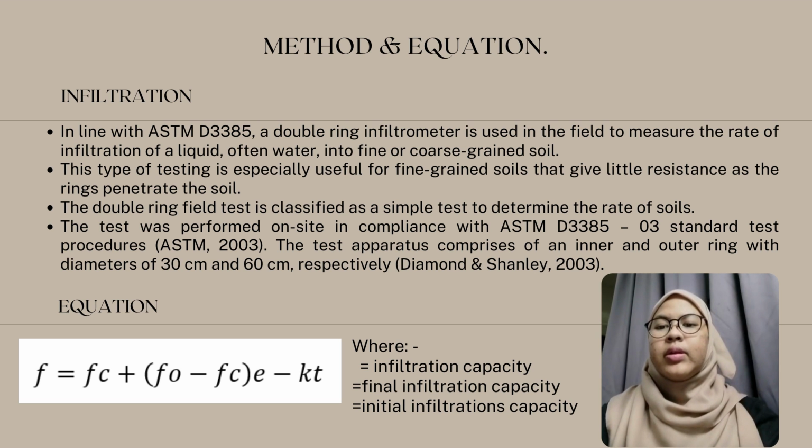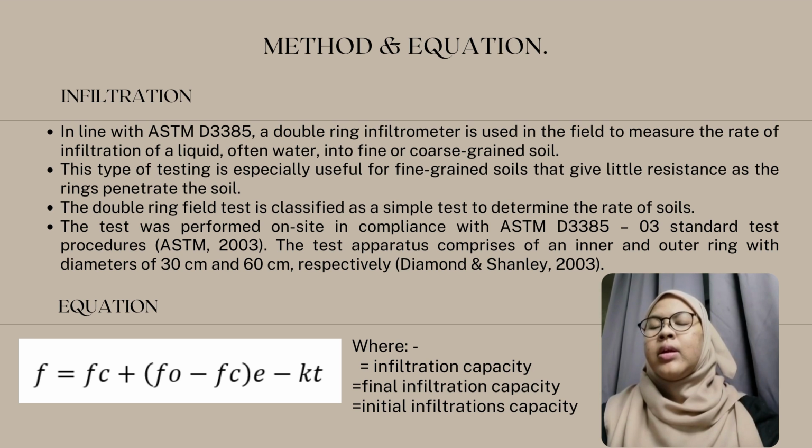The double ring field test is classified as a simple test to determine the infiltration rate of soil. The test was performed on site in accordance with ASTM